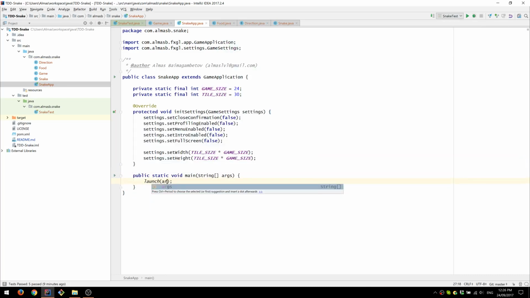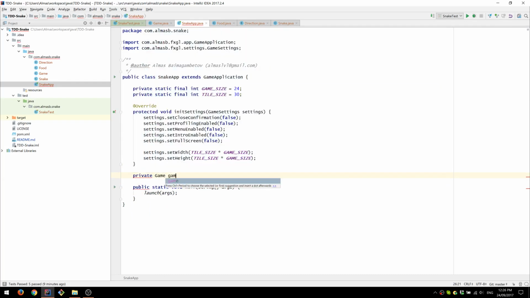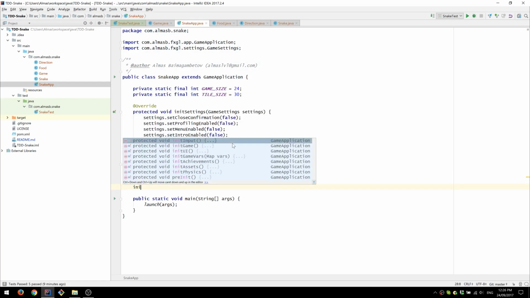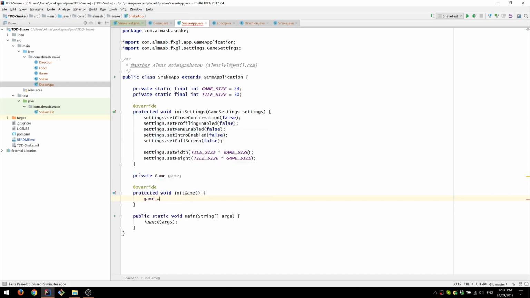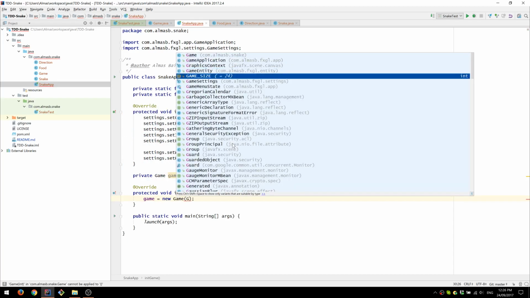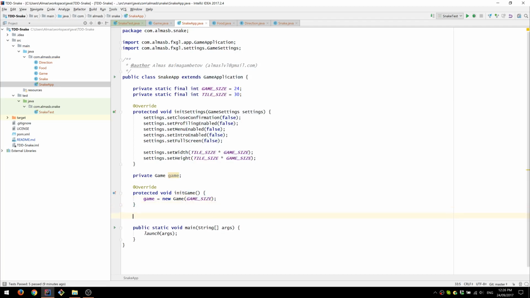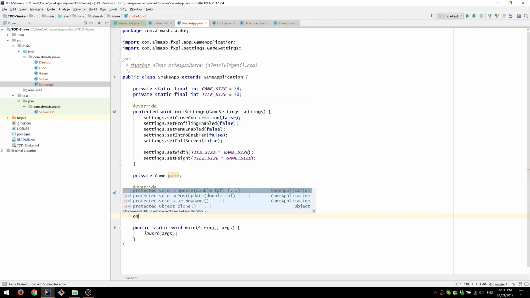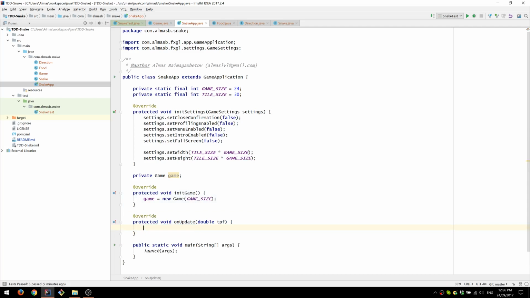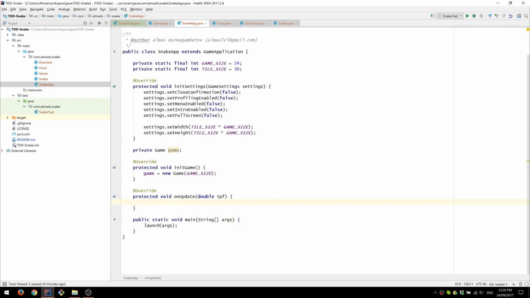We'll need our starting point. Then we'll need to create our game, which is going to be the bridge or the actual game model. And then we're going to integrate this game model into the FXGL infrastructure. Game size. On update, we're going to need some sort of